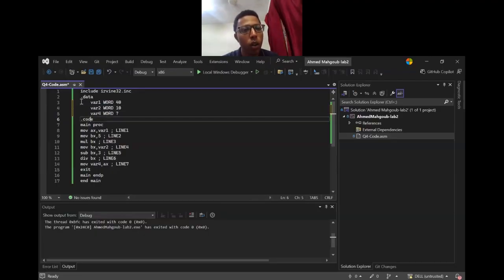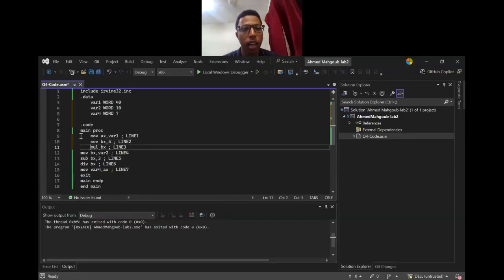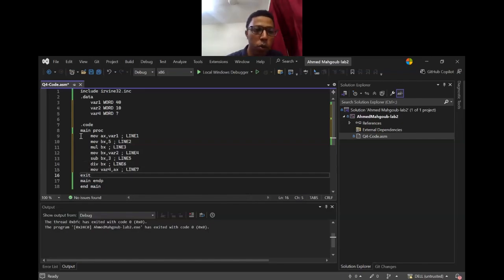The first operation is to move var 1 to AX, which is 40. So register AX will have the 40, and then we are going to assign the value of 5 to register BX, which is an immediate value. Then we multiply register BX by register AX and store the value in register AX. Then we move var 2 into register BX, changing its value, and then we subtract 3 from register BX,